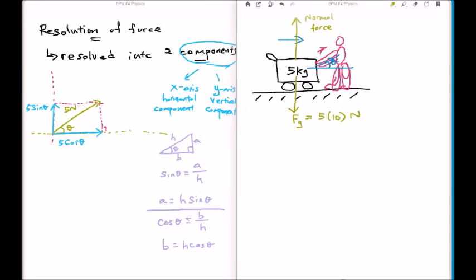That's why this object is balanced along the vertical component. Next, we'll have left and right, because it's moving to the right. So if it's moving to the right, the net force would therefore be